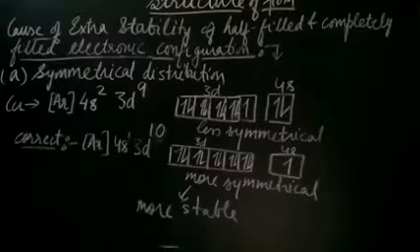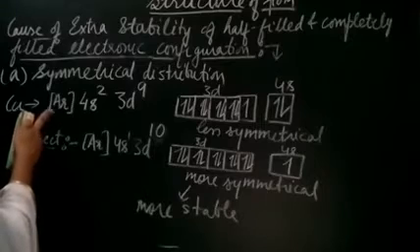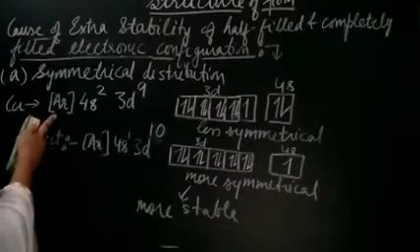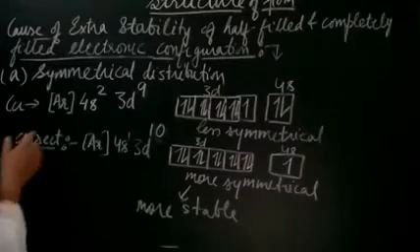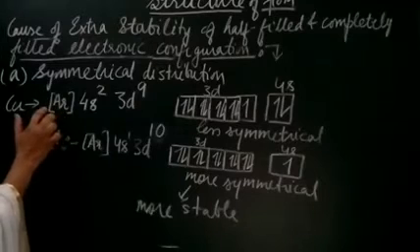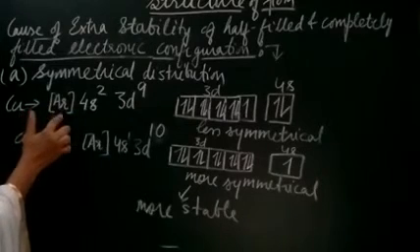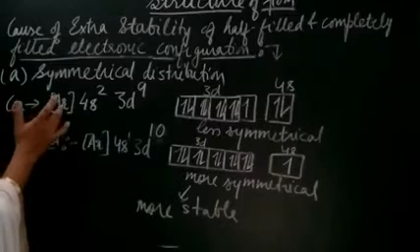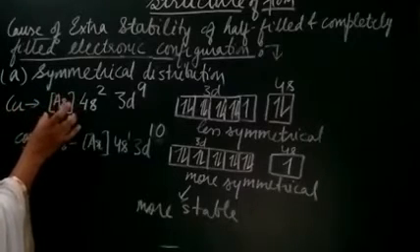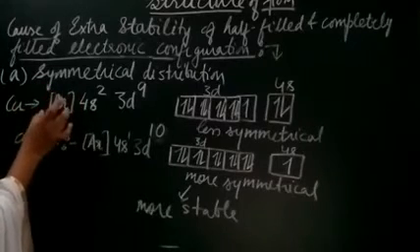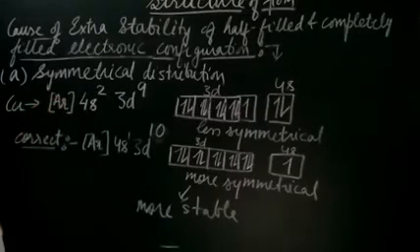Now, hopefully you have noted this down and understood it. Again, this is the condensed form of writing the electronic configuration. It is not mandatory that you write it this way. You can simply write 1s2, 2s2, 2p6, 3s2, 3p6. Still here we are getting 18, so the atomic number of argon is 18.